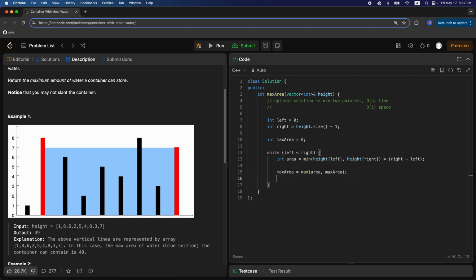Now the next step is going to be to update our pointers. Now how do we want to do that? Well, basically we're just going to be comparing the values at the two pointers, and if the value at the left pointer is less than the value at the right pointer, we can just go ahead and